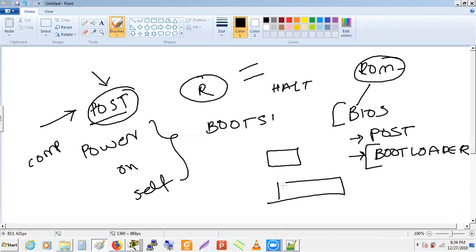In the first sequence, the first location of the flash drive will be identified by the bootloader, and in a traditional hard drive we call it the MBR, master boot record. It checks for that and loads the initial kernel files, the important files, onto the RAM, random access memory. Then control goes from the ROM to the IOS,